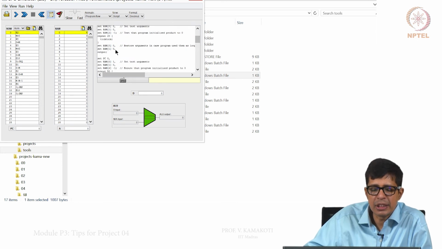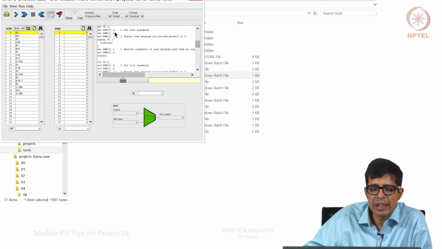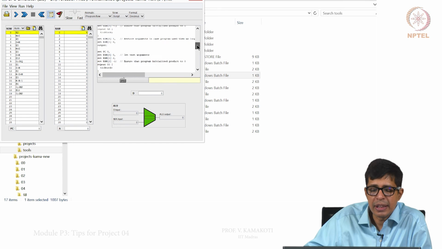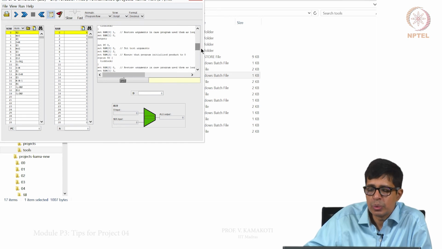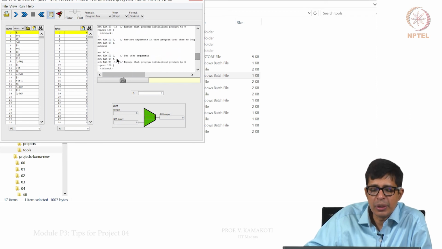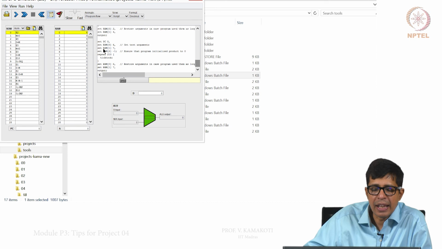Similarly, both as 0 and output, one of them as 1 and 0, then 0 and 2, 0 into 2, then 3 into 1, then 2 into 4, and 6 into 7.